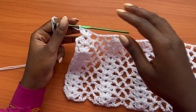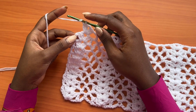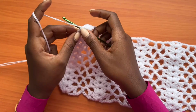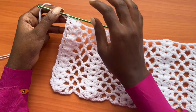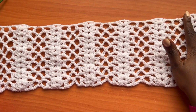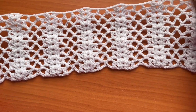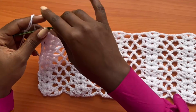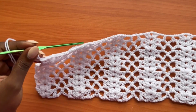Alright, so after placing a shell into the very last shell here, you're going to prepare for a double crochet by yarning over, and then you go on top of the chain 3 on the edge of the previous row, and you're going to place a double crochet there. So this marks the end of the very last row of the bottom band of the top. Now from here, you're going to make a chain of 1, and then you're going to cut your yarn,